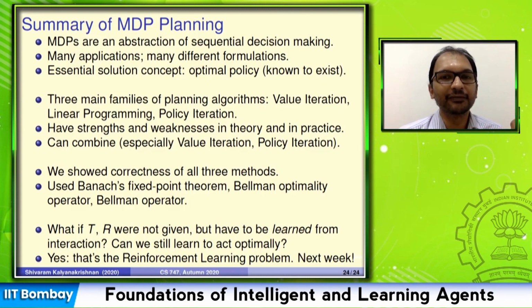So if the agent has to interact with an MDP like this, the question is, can it still learn enough about the MDP to find optimal actions? Over interaction, it slowly puts bits and pieces of what it has seen together and says, well, probably this is the MDP that I'm interacting with, and this must be optimal behavior. Can it converge to optimal behavior in the limit? If we solve that problem, the problem we are solving is what is called the reinforcement learning problem. In order to do this, it also typically needs to balance explore and exploit.